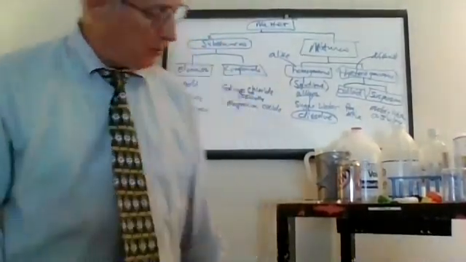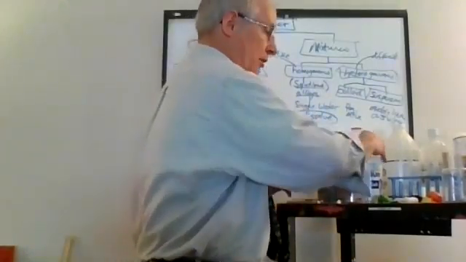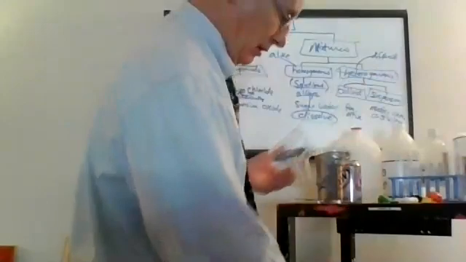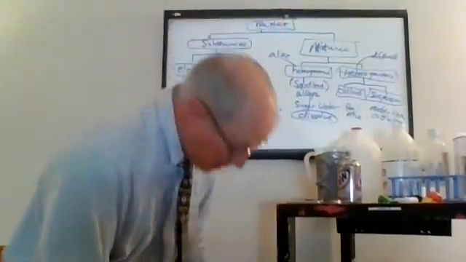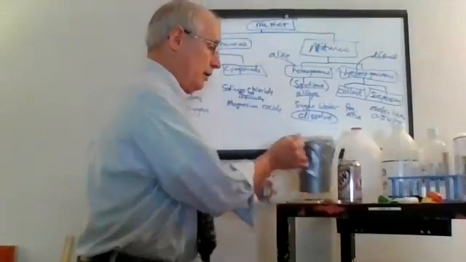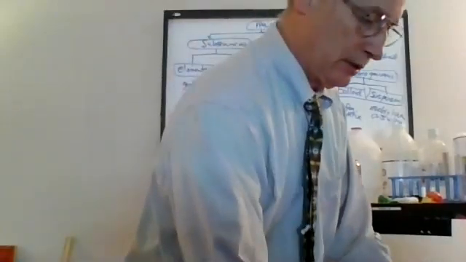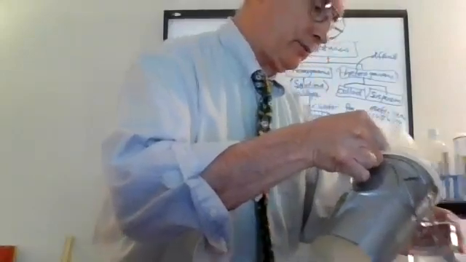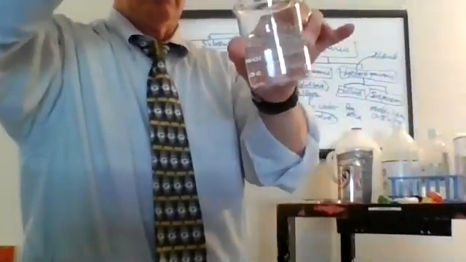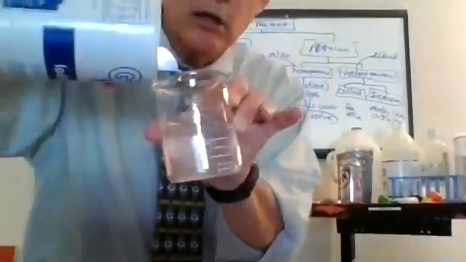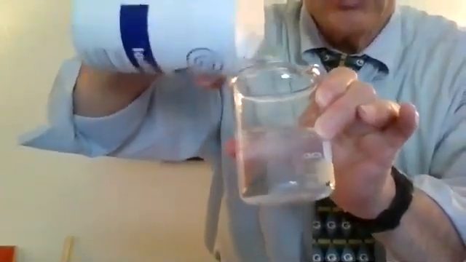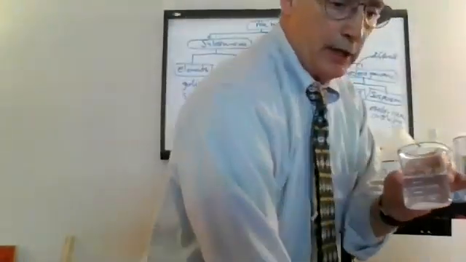And the reason we call it homogeneous, let's take a look at one. Here's salt water. Okay, here's my water. Here's my salt. Get the water going first. Salt in next. See it sprinkling in there? Pretty neat, huh? And if I get my stirring rod here, the salt goes away